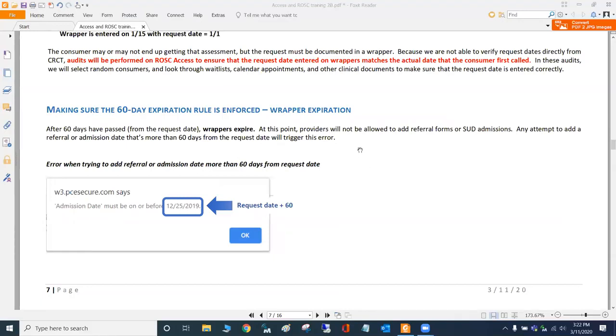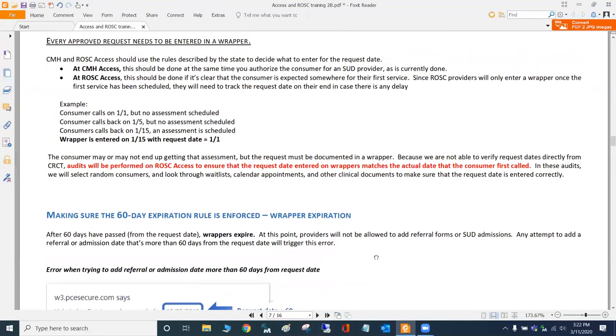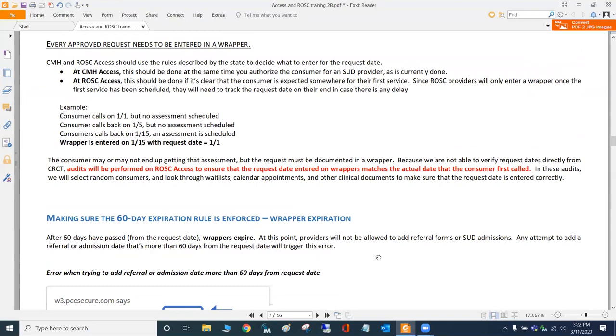When we're looking at these first request dates, we might get a request from someone from Macomb County who's looking to move here at some point. Are we supposed to be counting that as a first request? Only if you have authorized them for a SUD provider. If you just bounce them out, then no, it's not approved. Okay, just double checking. Thanks. Yeah, good question. Any others?